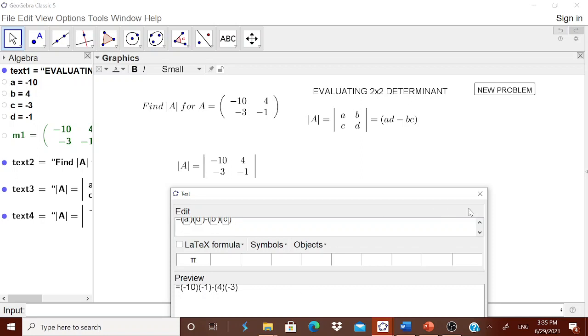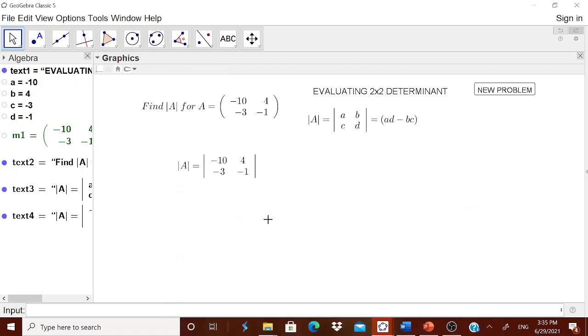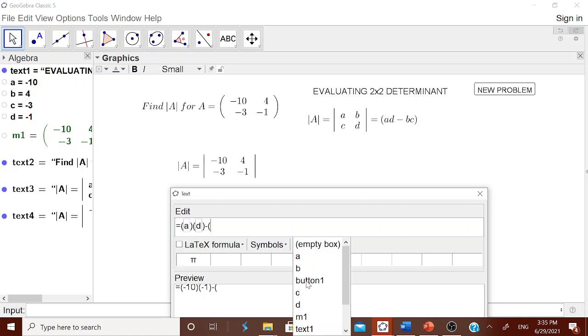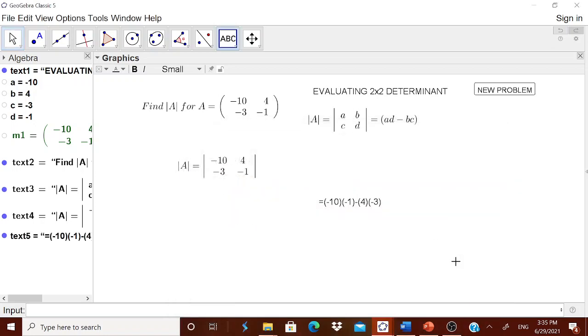Okay, now is equal to, where did it go? Somewhere it has gone. Okay, once again I will do it, no issue. It is AD minus BC is equal to. Therefore within the bracket A, then again bracket AD, minus, this is very important because the child has to understand how the calculation is to be done. Therefore AD minus BC, therefore B, then within the bracket from the object it is C. Then you press OK.